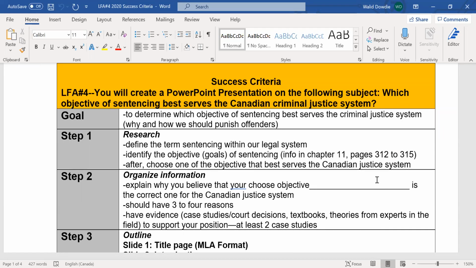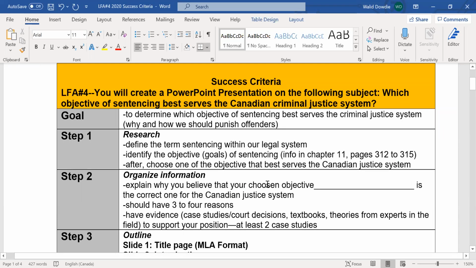Step 2 is organize information. Explain why you believe that your chosen objective, whatever it is, is the correct one for the legal system. You should have 3 to 4 reasons why you think it's the right one. You should have evidence, case studies, court decisions, textbooks, theories from experts in the field to support your position, at least